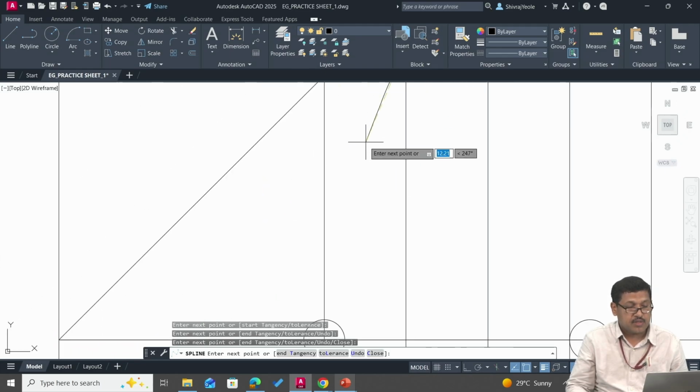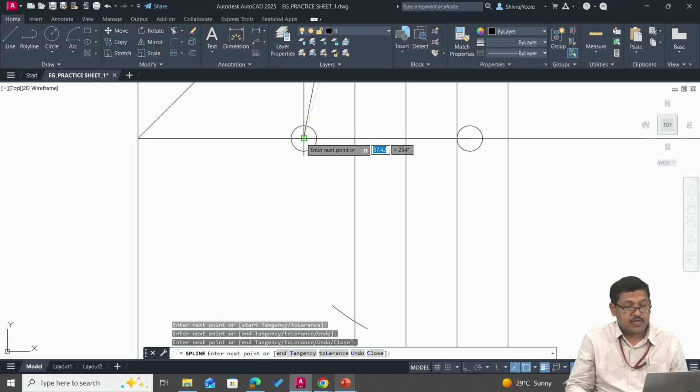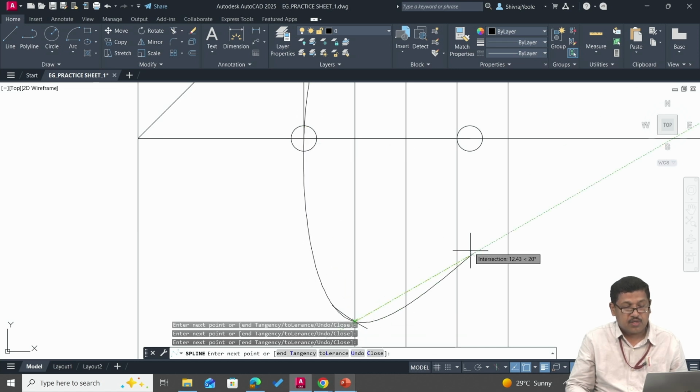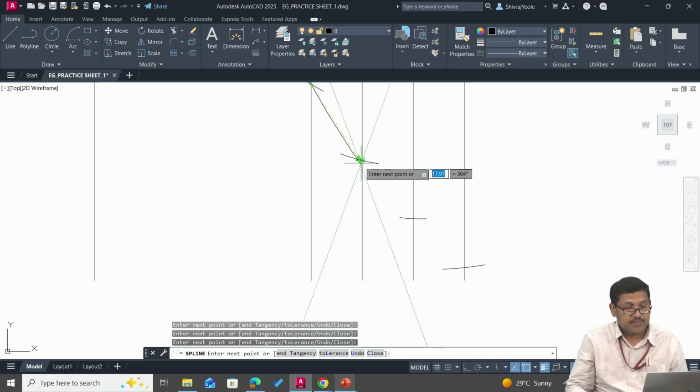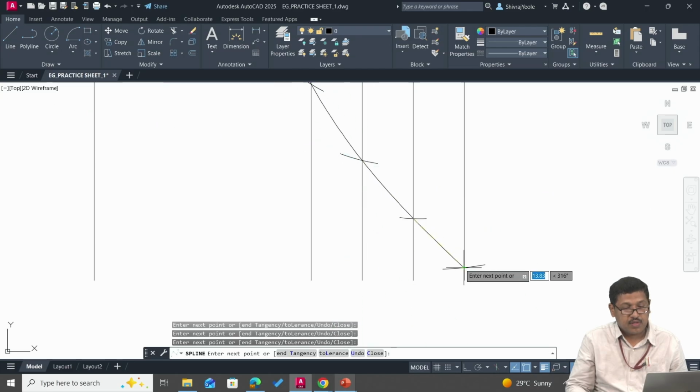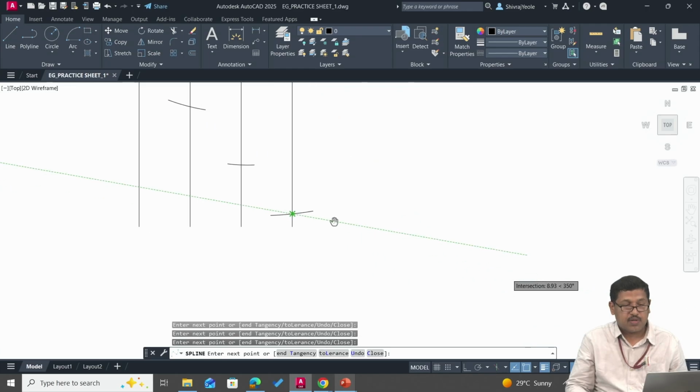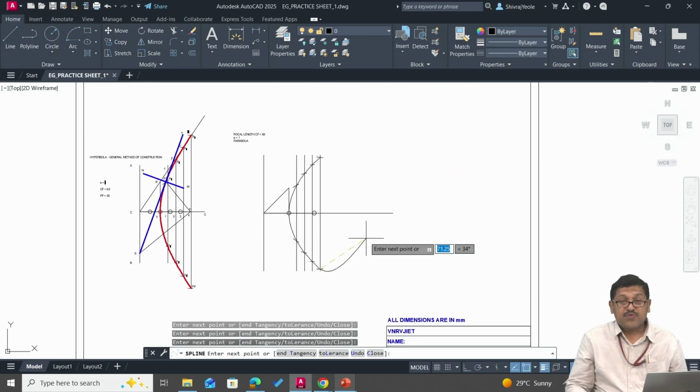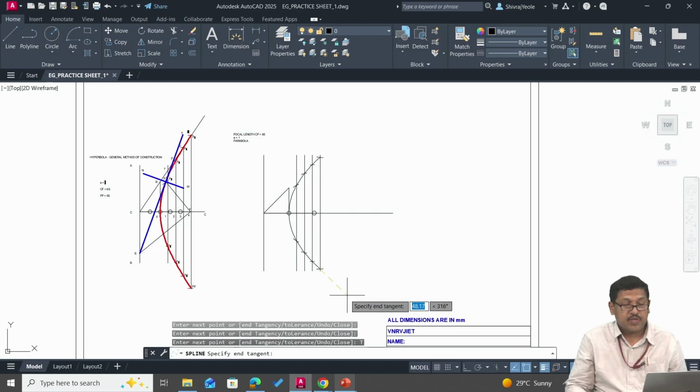Similarly next, then the vertex, next intersection point, and similarly the last one. Once we have selected all these points, you can click on end tangency and then move the mouse so as to see the perfect position of the curve. Wherever you feel like the curve is in good shape, simply click anywhere on the screen and you will get